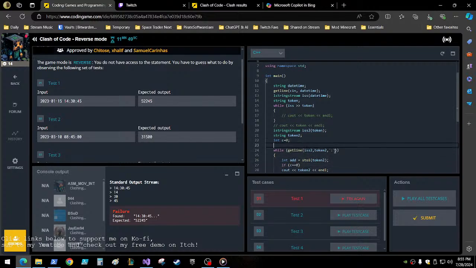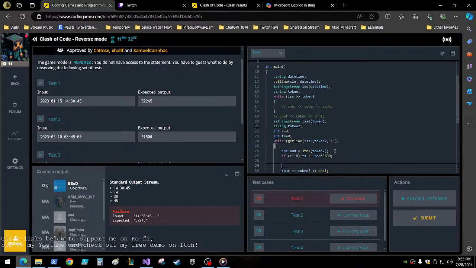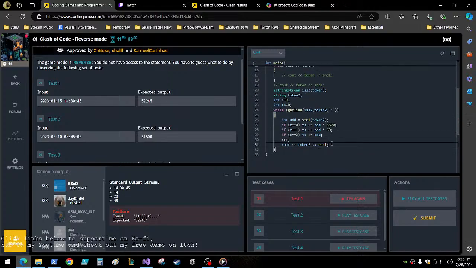we also want the total number of seconds. Total number of seconds equals 0. So ts plus equals add times 3600. And then each time through, we're going to go C++. And then if C equals 1, we're going to go TS plus equals add times 60. And then finally, if C equals 2, we're just going to go TS plus equals add. And then at the end, we're just going to print